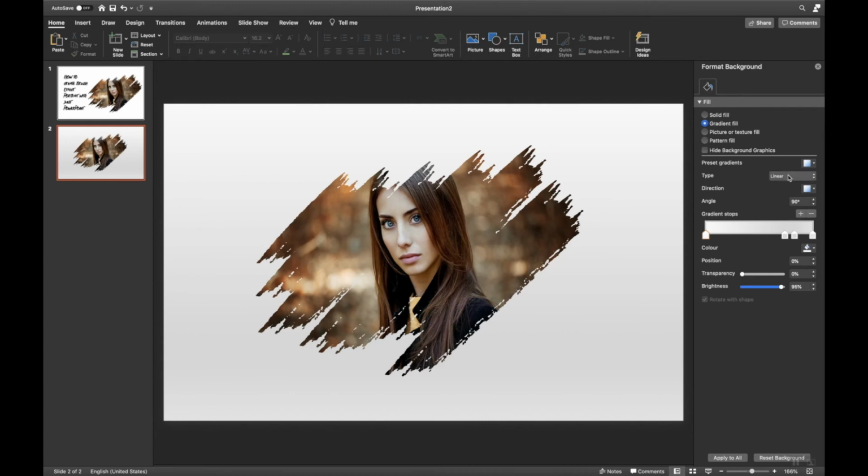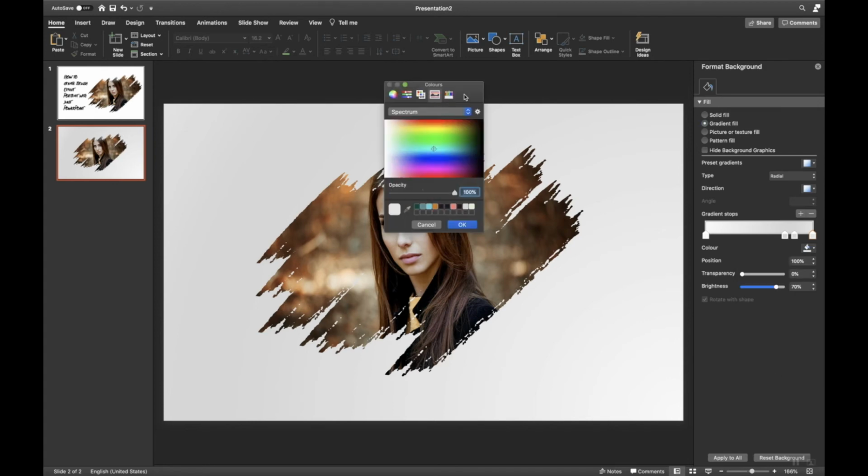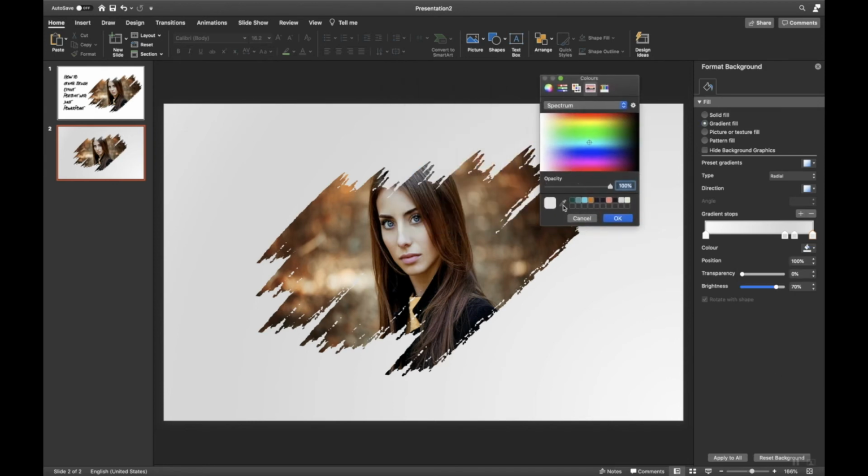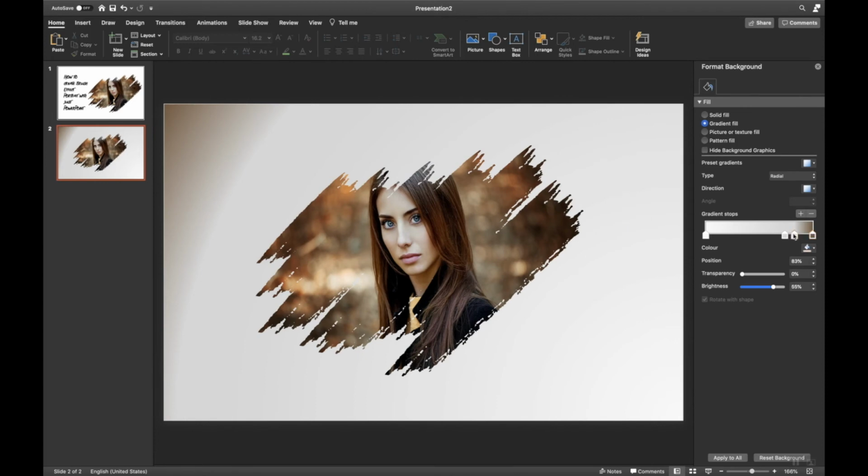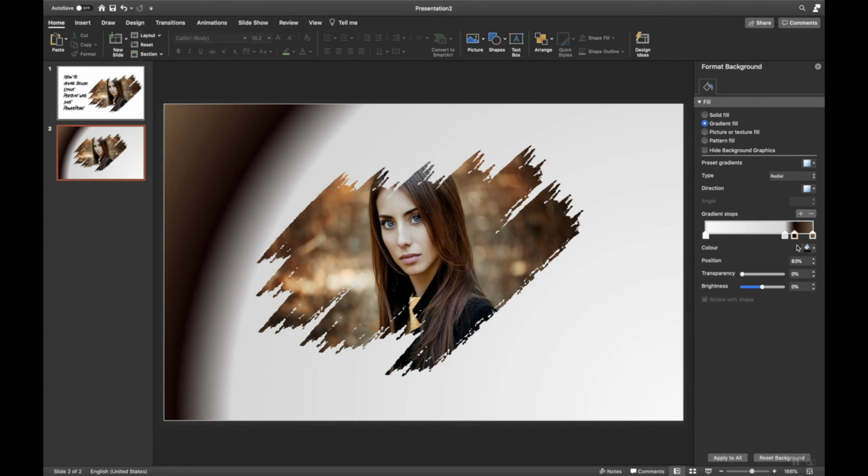Currently by default it is showing 4 gradient anchors. Now just to give a depth effect, I'll be using type as radial. Now for this one, I'll be selecting the color. For selecting this color, I'll use the default color picker and select a color which will add a similar color effect to what is coming from my portrait. Now click here, select a similar type of color. Let's take an example, this.